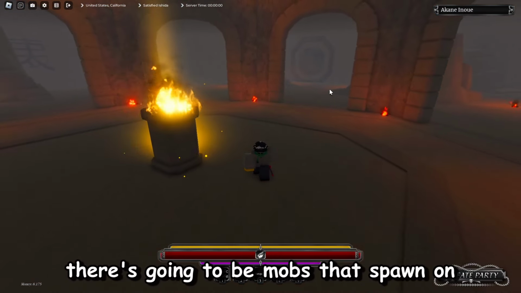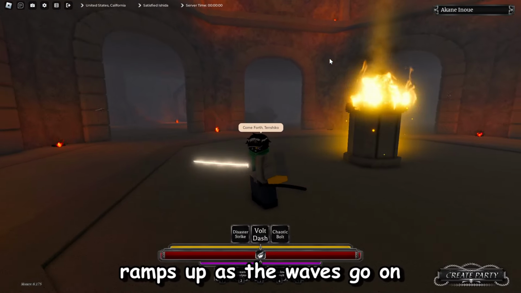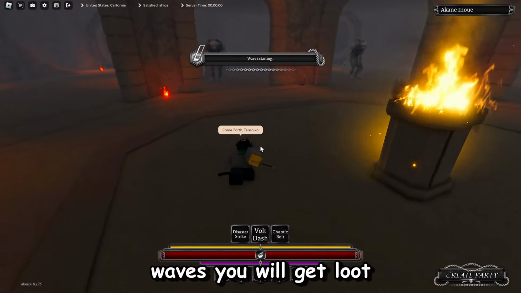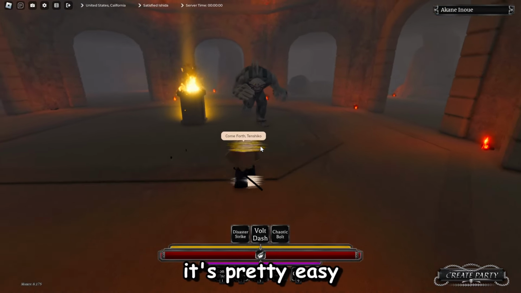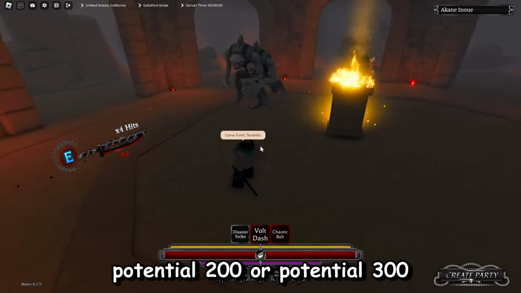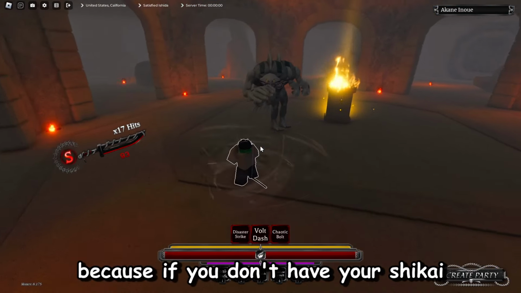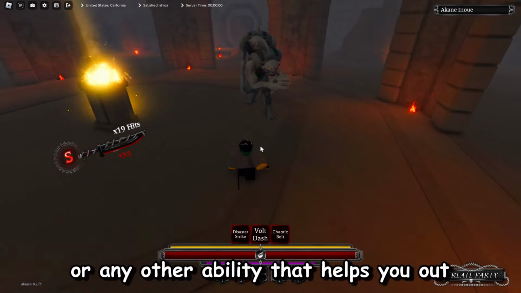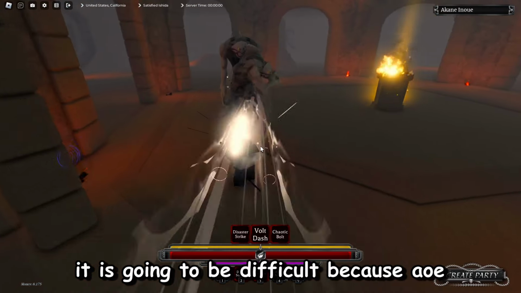There's going to be mobs that spawn on every single corridor, and it ramps up as the waves go on. Like I said, if you make it every 5 waves, you will get loot. You start off with a couple of hollows. It's pretty easy. I recommend being over like potential 200 or potential 300. At least you have to have your Shikai, because if you don't have your Shikai or any other ability that helps you out with whichever race you are, it is going to be difficult, because AoE is going to be